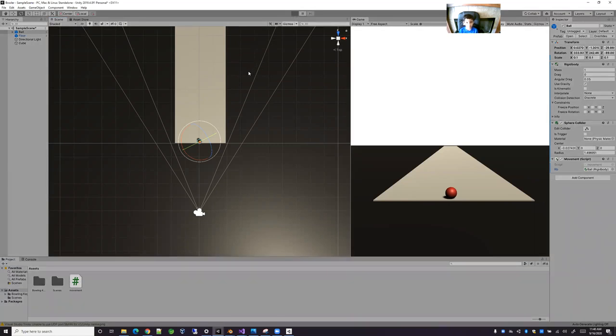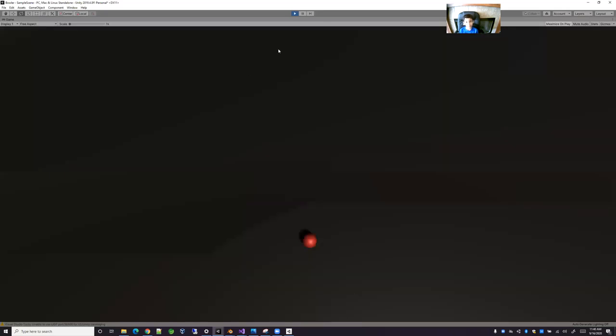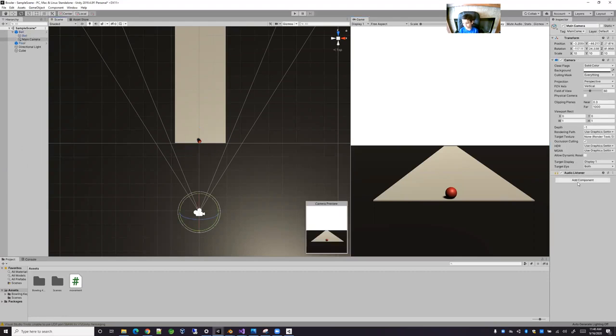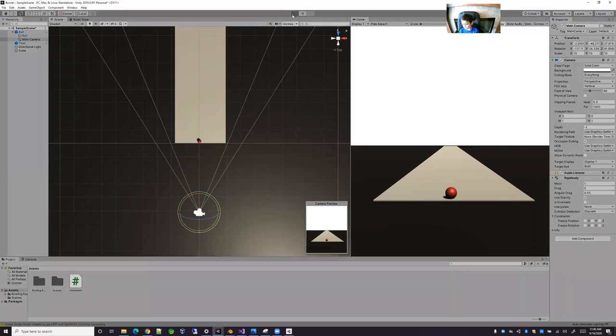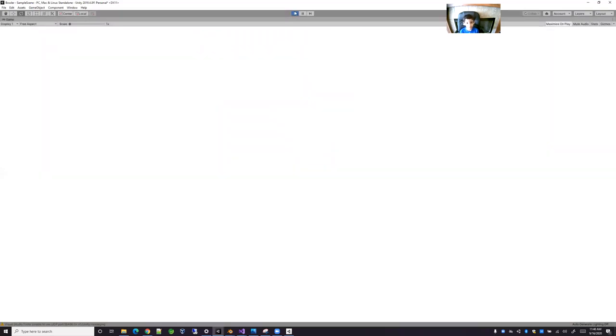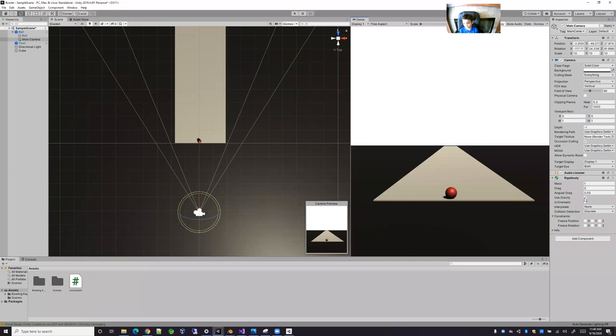So let's see. Oh yeah, if you're wondering what this is, I'll tell you in a moment. This is actually because I told this. So you see this? I'll put a rigid body on this too. So as you can see, it looks exactly like the same thing on the camera. So it doesn't really change anything other than the fact that it falls off. It falls because of gravity. So if you disable gravity on the camera,